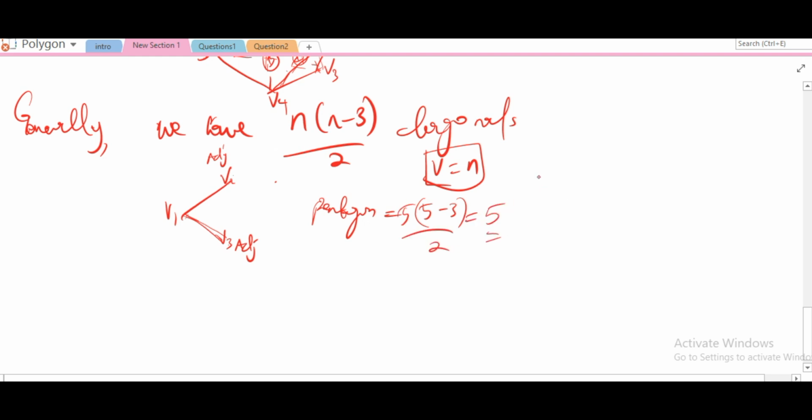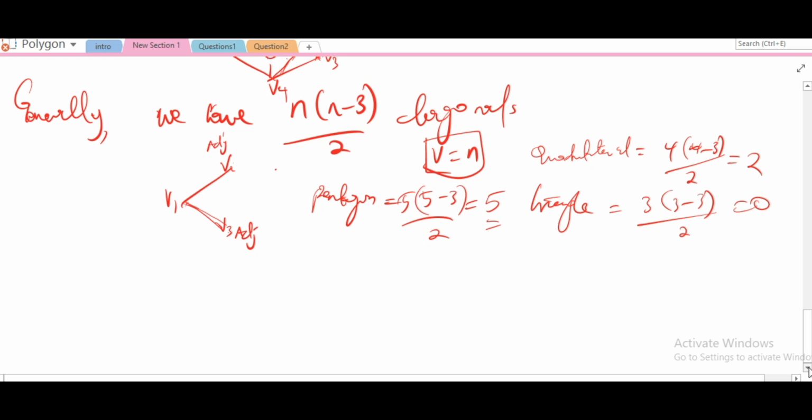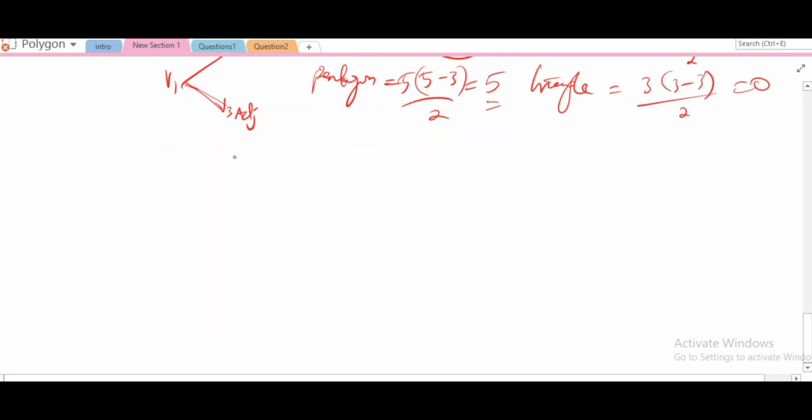So for quadrilateral, 4 minus 3 times 4 over 2, which is 2. So we are correct. Or triangle, which is 3 minus 3 times 3 over 2, which is 0. So the formula is very, very important in solving some questions. So the next